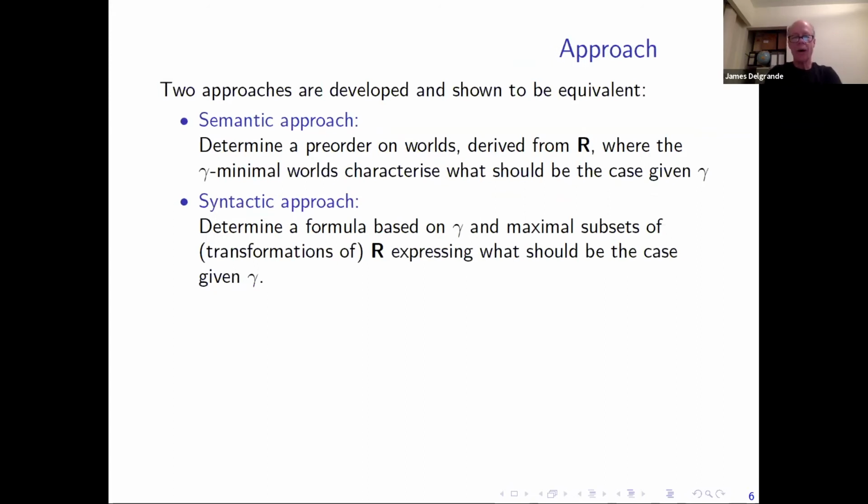Okay, so two approaches are developed and shown to be equivalent. I'll, of course, sketch through them subsequently. Call it a semantic approach, where given the set of rules, we determine a pre-order on worlds. And as usual, minimal worlds are better.